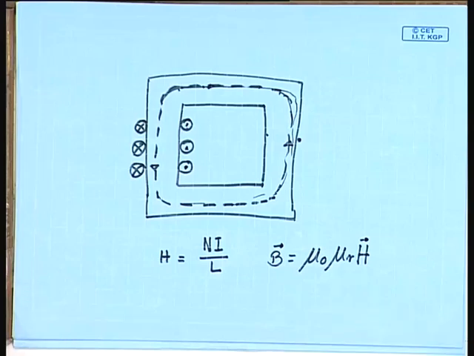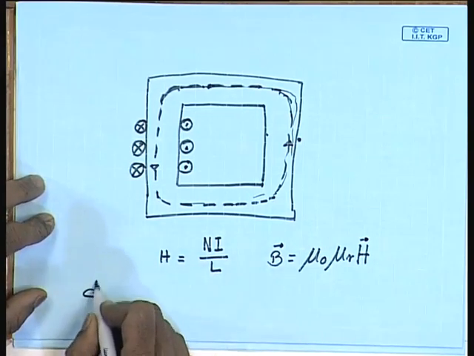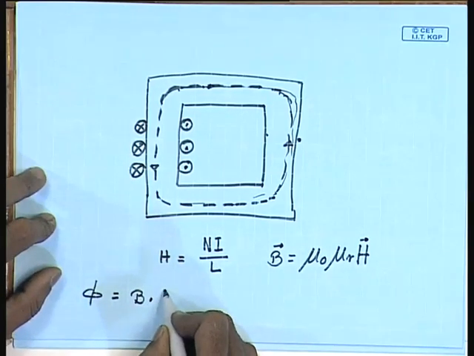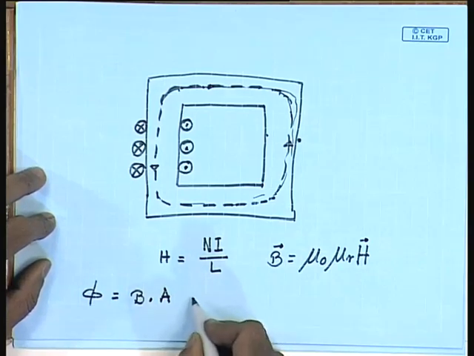This of course makes the assumption that the leakage flux outside the core is almost negligible. Now, this gives you a method of relating the flux with the MMF Ni. Thus, the total flux phi is equal to the flux density B multiplied by the cross-sectional area of the core A,